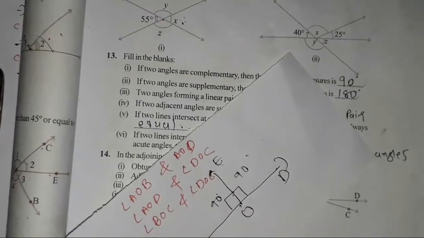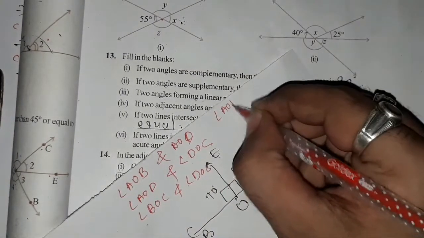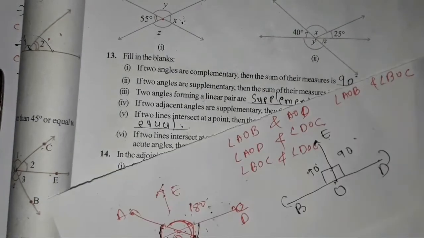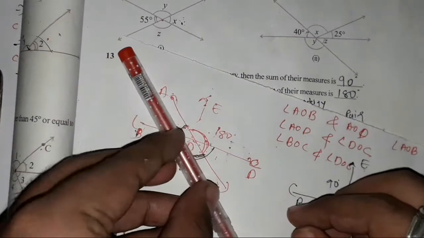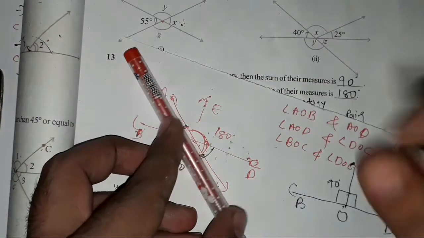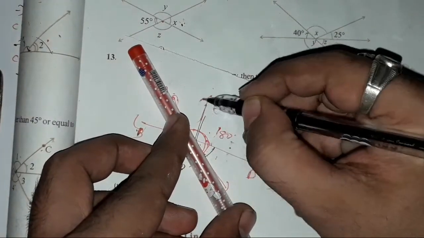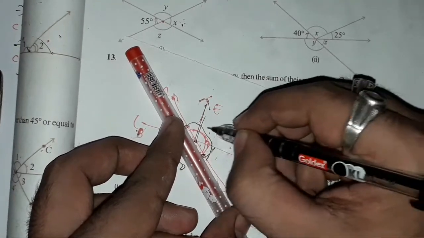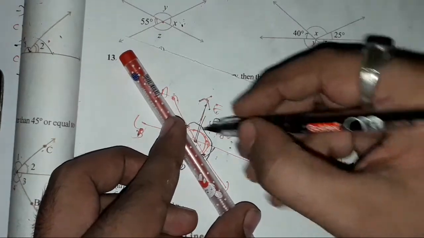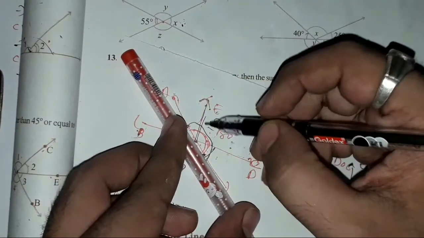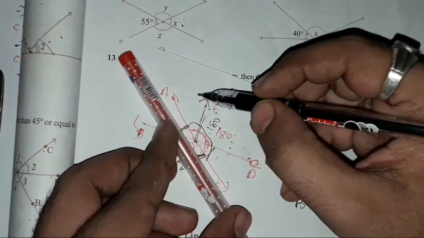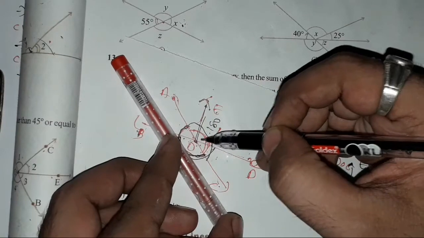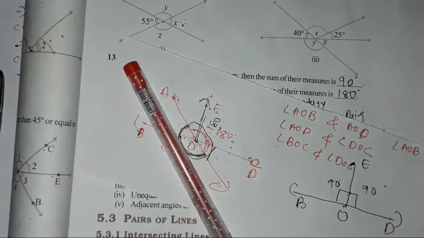So here I will write angle AOB and angle BOC. Now if I consider this as a straight line, my line AC, and one common arm is there which is OE. Now the summation of the angles formed on this line is equal to 180. In the previous case the common arm was OD, but here the common arm is OE. So the angles formed here are angle AOE and angle EOC, our next pair.